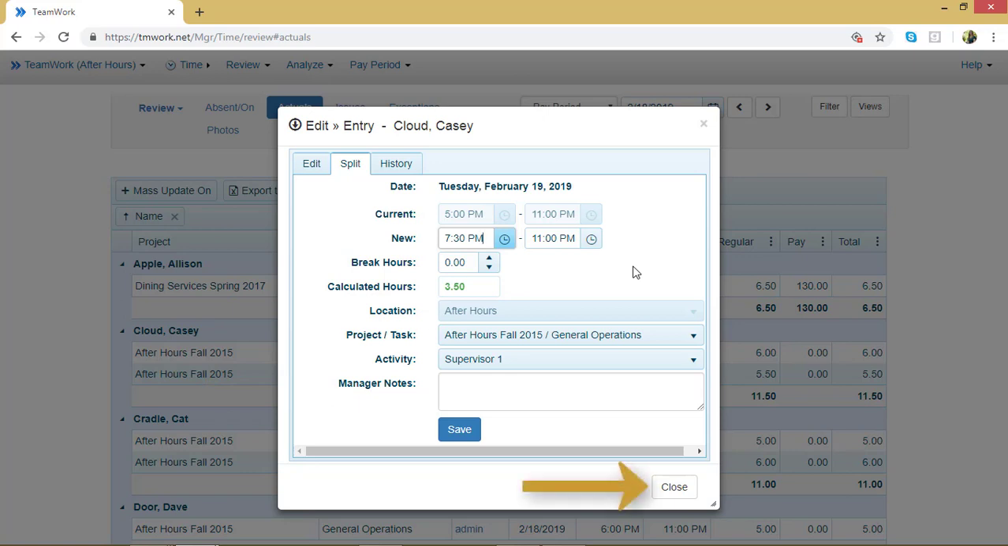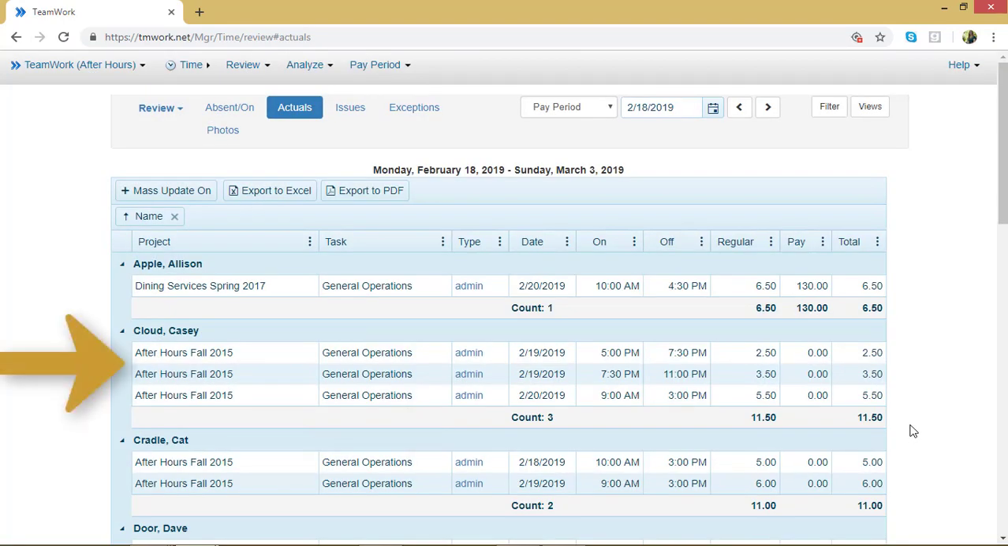If you don't want to split this shift, click Close. I do, so I'm going to choose Save. And now that time entry has been split in 2. Let's say I want to change the first part of that time entry, that this employee worked a different project then. I will click on Admin for the top entry,